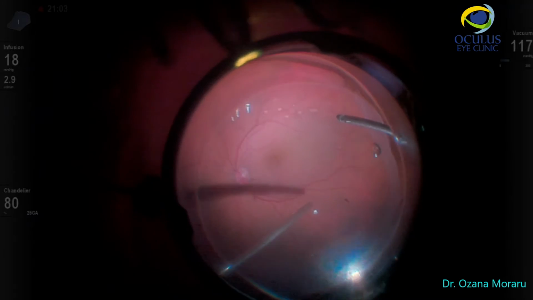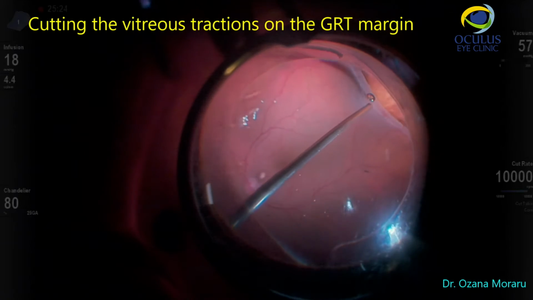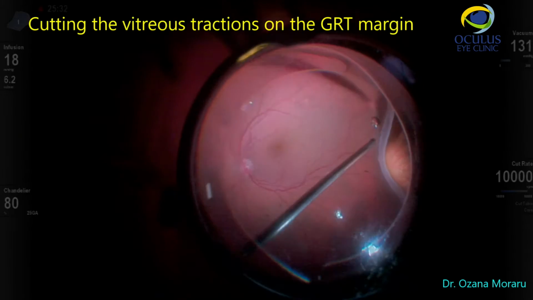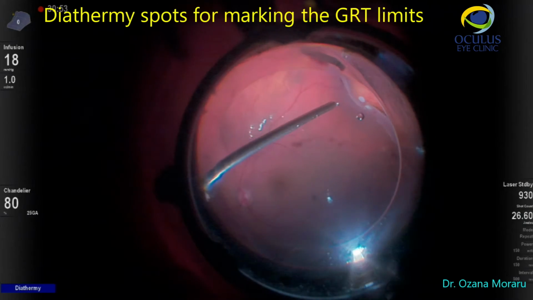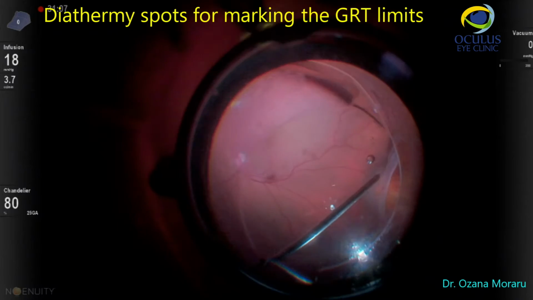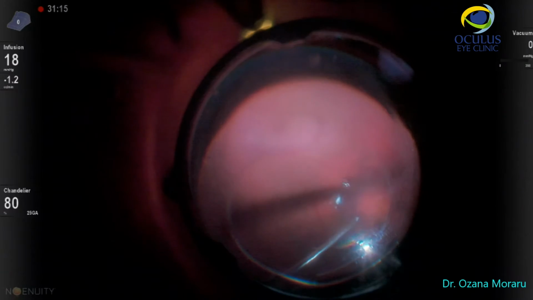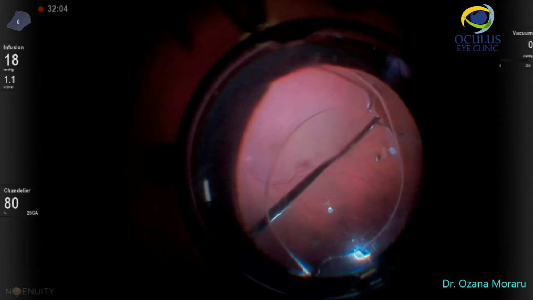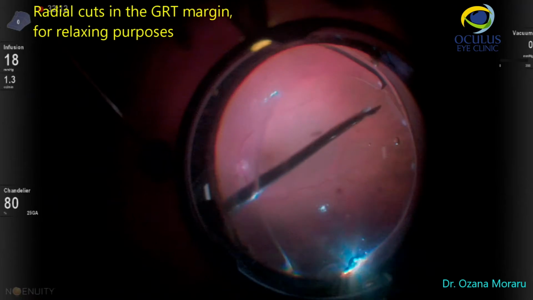We injected more PFCL, closer to the posterior margin of the GRT, and now very carefully we want to detach all the vitreous traction from this margin, which is, as you can see, everted, meaning that it has traction. If you cannot unroll this margin, it is preferable to cut it completely. So we want to avoid any vitreous traction on this margin. We managed to do this, and now we are marking with diathermy the margin of the GRT and its posterior